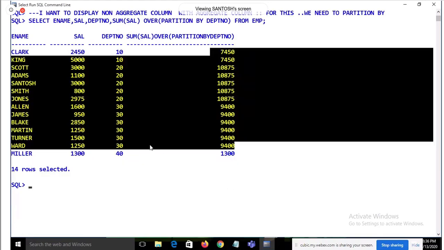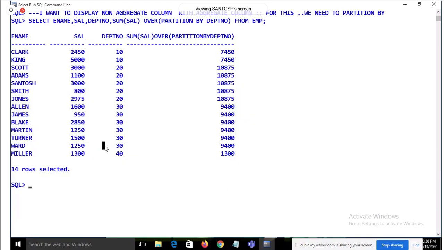Now, suppose my question is, I want to display name, salary, and the sum of salary. I don't want to display the total sum of the salary. I want to display the name, salary, and the sum of salary till that row.